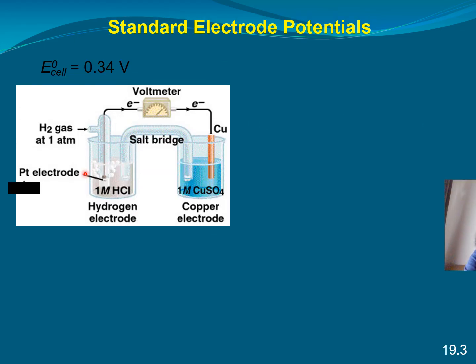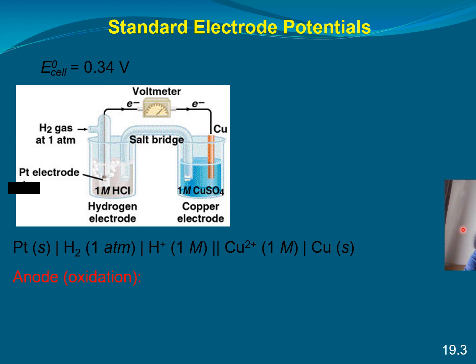Okay. Now, if you connect this hydrogen electrode to the copper half cell, then what will happen? Here on the left side, you have the hydrogen electrode dipped in 1 M HCl, and on this side, you have copper dipped in copper sulfate solution, 1 M. Both are 1 M. Now, these two are connected by a salt bridge, and this is connected through wires to a voltmeter. Okay. Now, how do you represent the cell? Platinum, hydrogen, 1 atmosphere, then H+ separated by a vertical line, H+ 1 M, separated by a double vertical line, Cu2+ 1 M, and the copper solid.